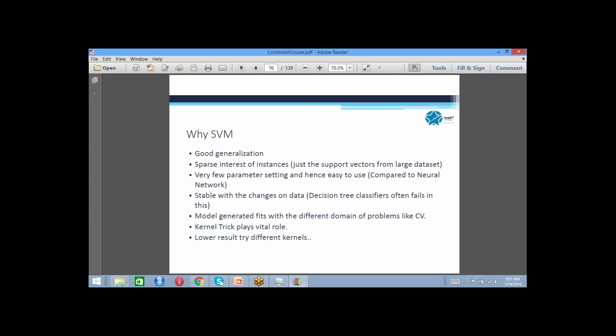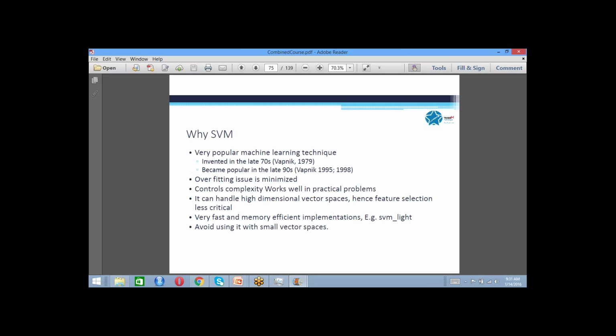It is very stable with changes in data, and it is very commonly used in machine learning for very fast implementations of classifiers in several interesting applications. So with this, I would like to stop here, and tomorrow we'll see examples of linear